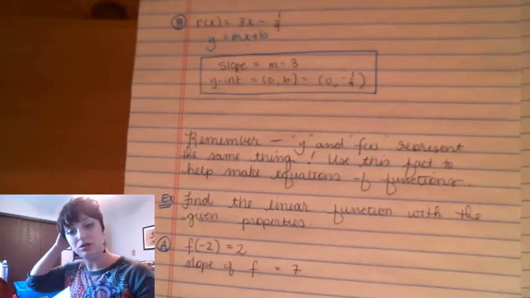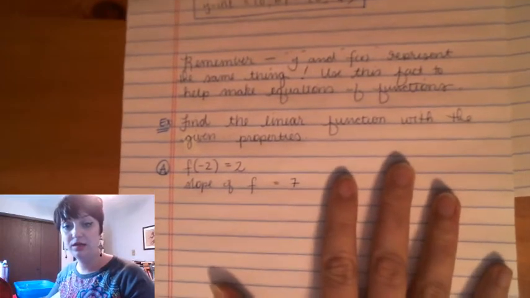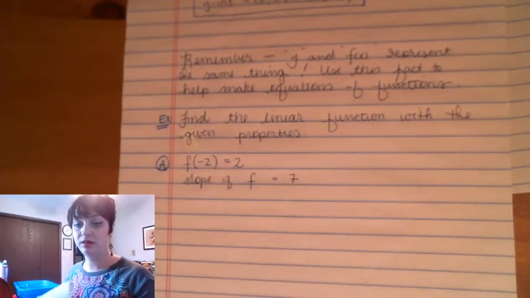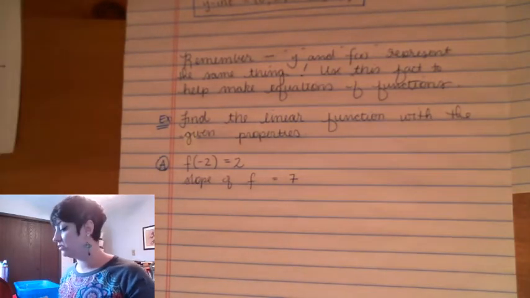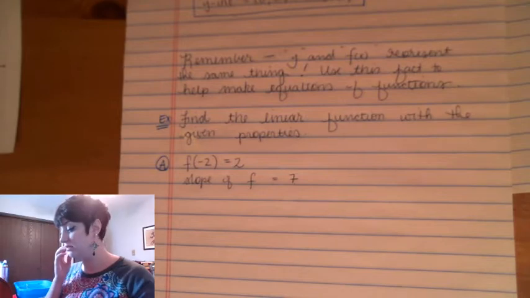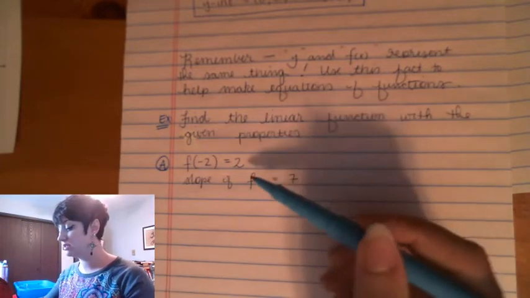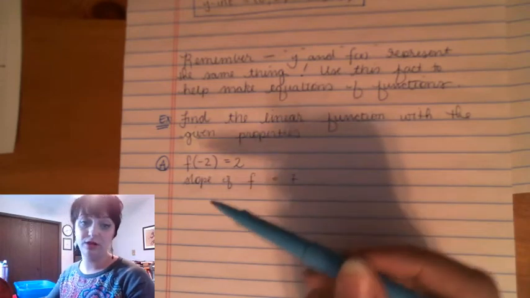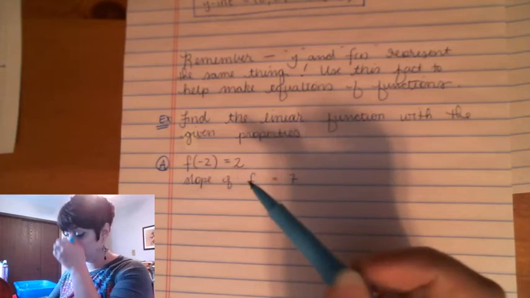All right, so here's my setup. Find the linear function with the given properties. A, we're going to do that f at -2 is 2, and the slope of f is 7. So what this means, students see this and they forget that this doesn't mean multiplication. This means